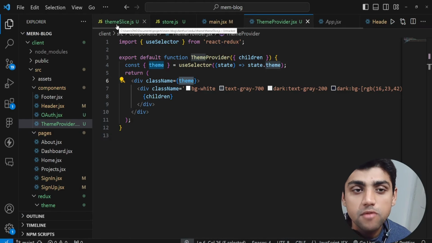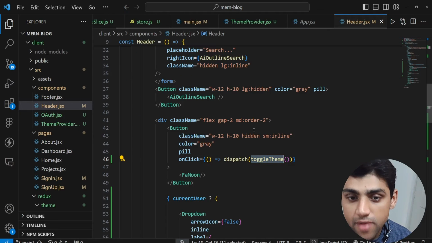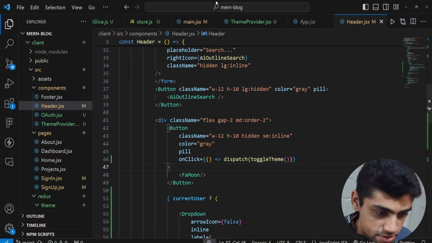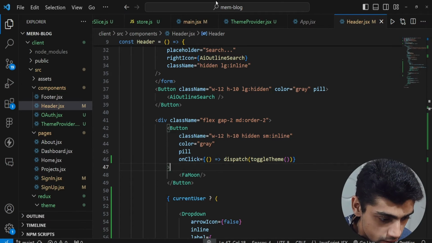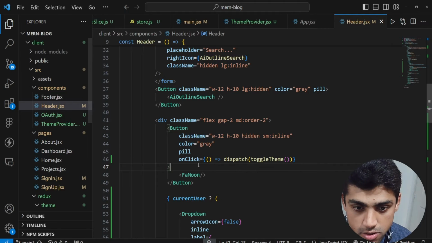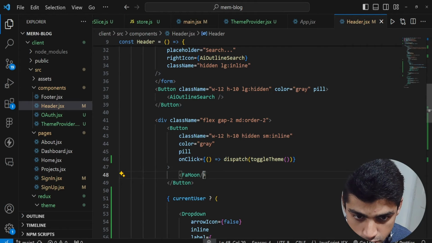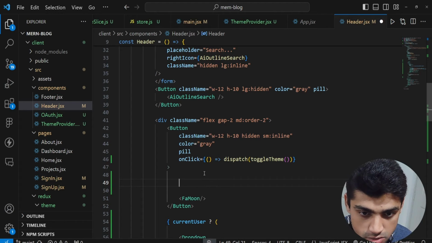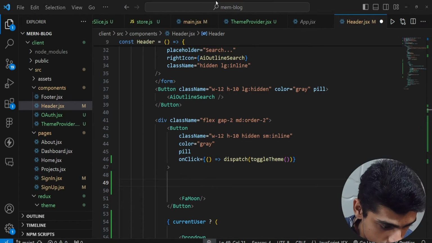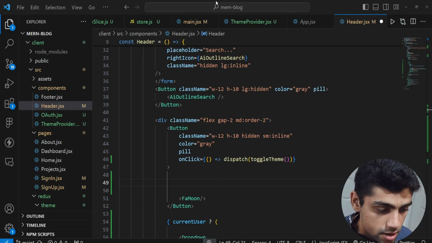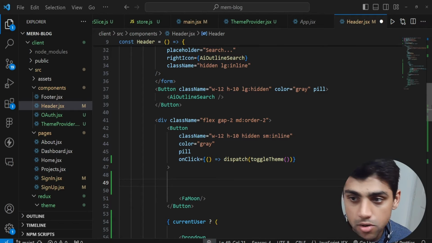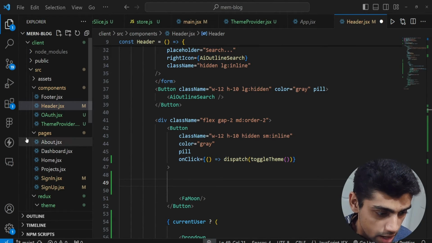Amazing. Now what we want to do is go back to the header. We want to change the icon. So over here you can see that there's this icon that has this sun, and I want to change that based on the theme. So you can see over here, this is the moon. So we could just say based on the theme. Now we have to import this theme. So where are we going to import it? Well, it's all easy and simple. You go up here on the top, and you could just say,